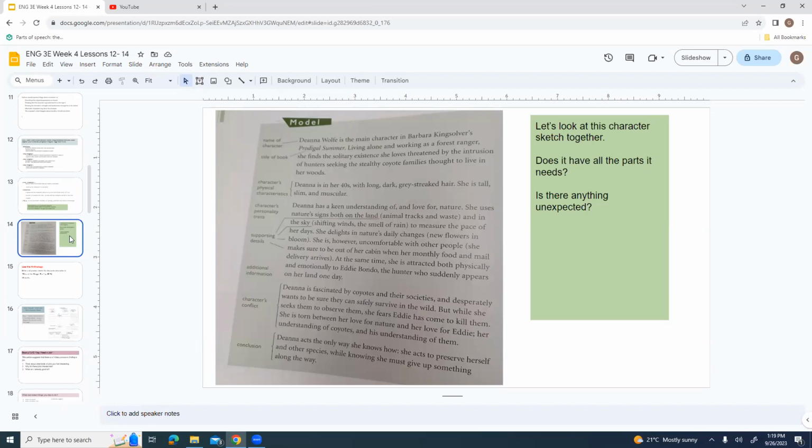That's a bit vague. I don't know if that's taken from somewhere or if the person just hasn't finished reading the story. I would say it's got the most of the parts. Might have spent a little bit more time talking about how she looks, kind of clothes she wears, that kind of thing. The only thing unexpected to me was I thought the conclusion was a bit vague. That'd be the big thing.